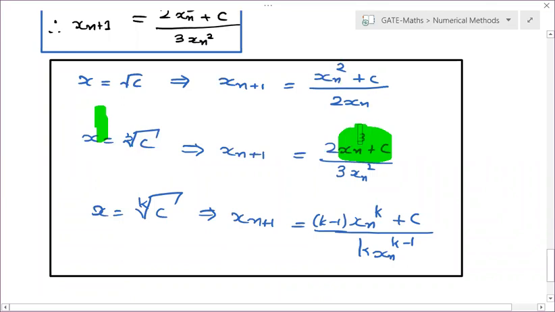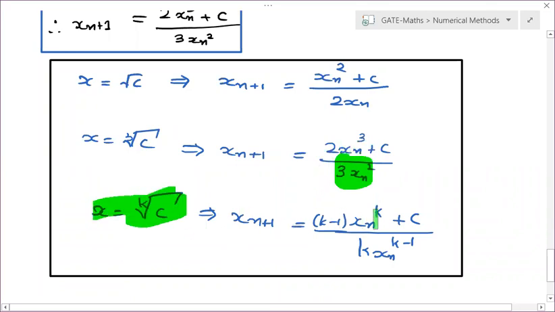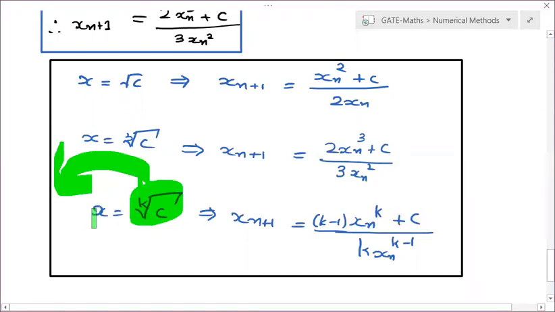But we will subtract 1 from the 3. We'll do 3 minus 1 and write 2 over here. Then based on this, this can be written as just differentiating this term, that is 3x square. Here also x to the power k equal to c. So here we are going to write x to the power k plus c. This is 1 by k, this is c to the power 1 by k. If it goes to LHS, it becomes x to the power k. So this is x to the power k plus c.